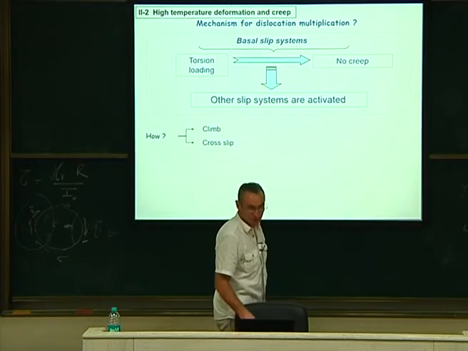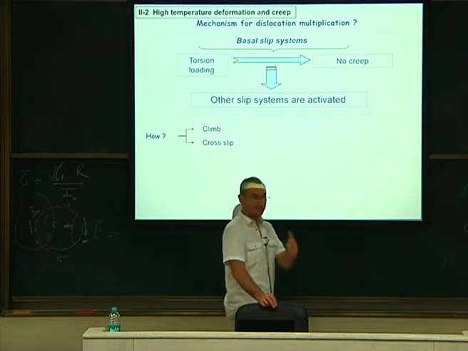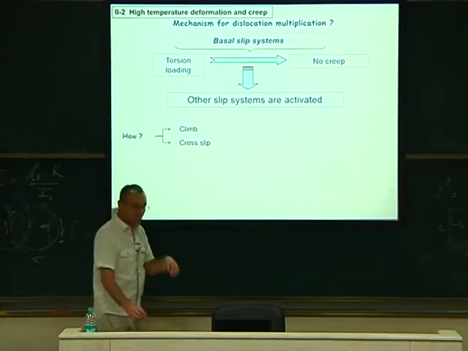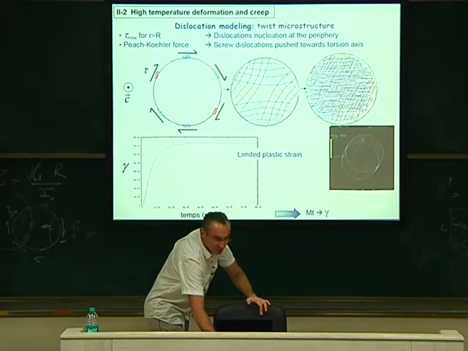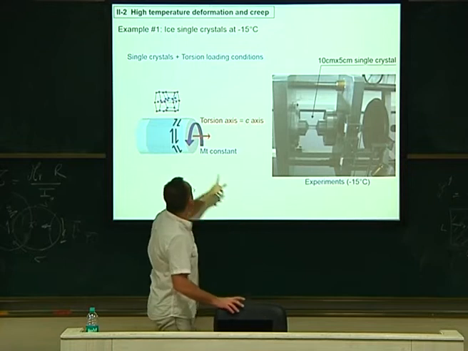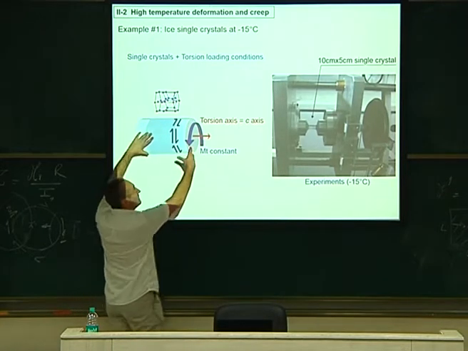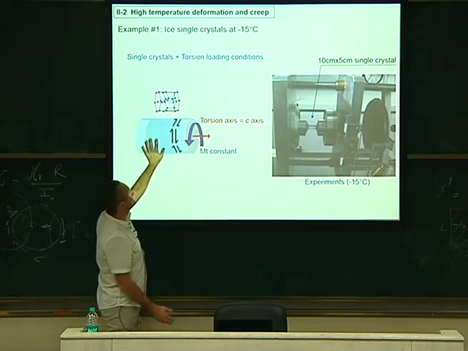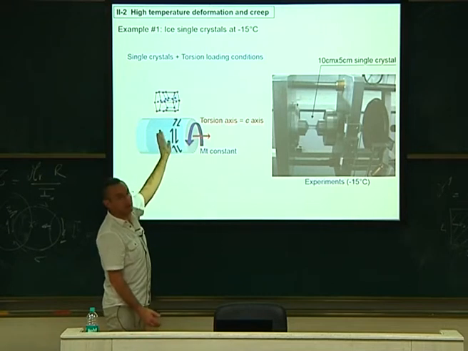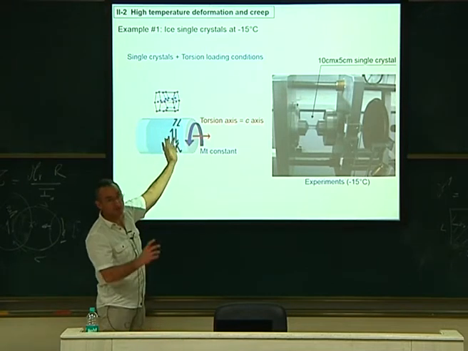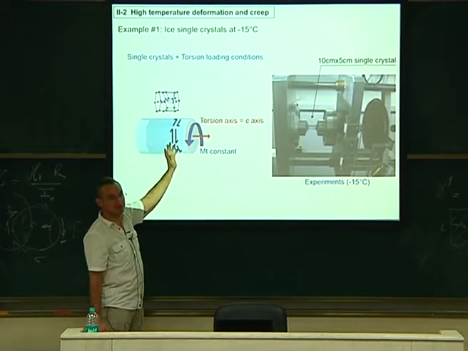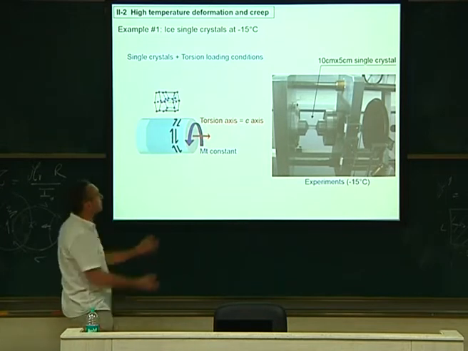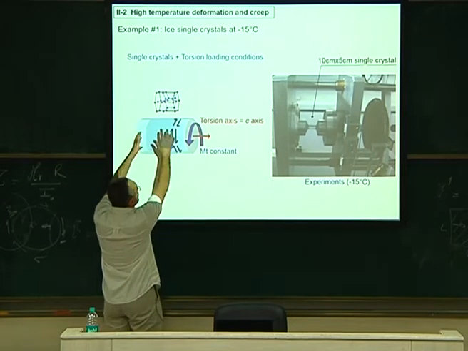So which slip systems do we have in ice? It's a hexagonal structure. The first thing I should say, which was not done here, is that since it's a hexagonal structure and you apply this torsion, the only slip system which is loaded is the basal plane. The prismatic plane has zero stress, the pyramidal has zero stress, so they are not activated. And anyway, in ice, those systems are very difficult to activate. It mainly deforms in basal. So only basal can glide, and the other ones have no applied stress.